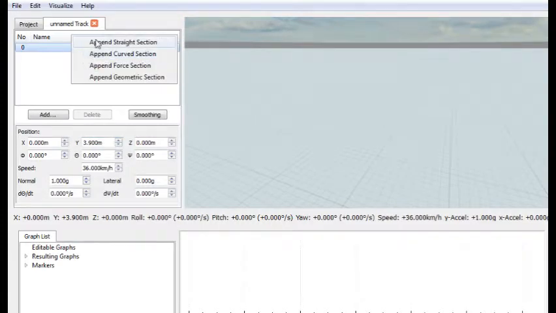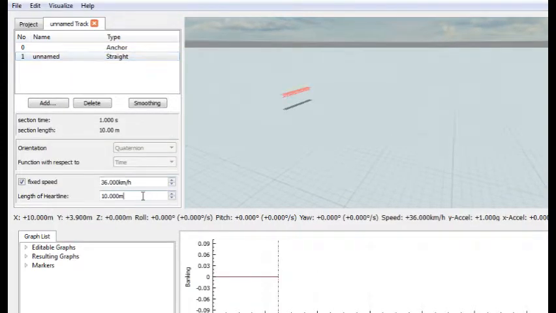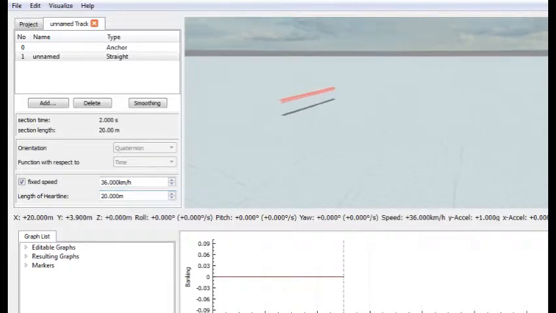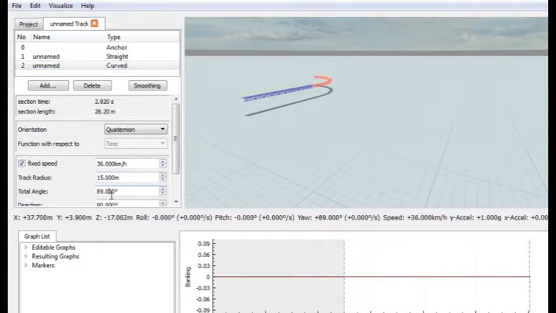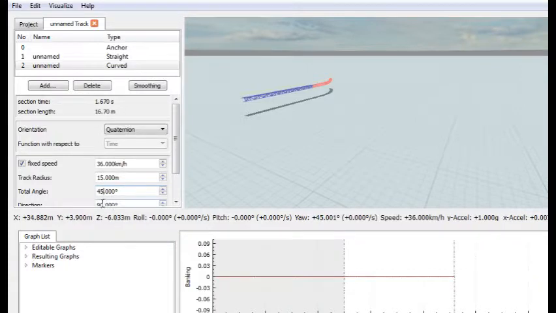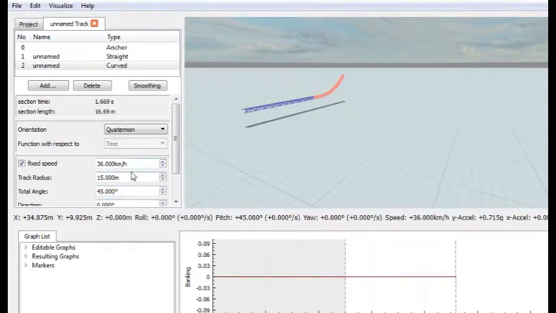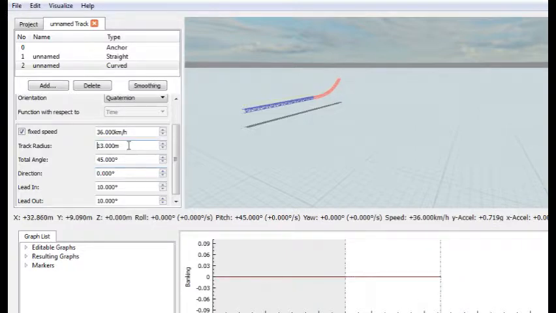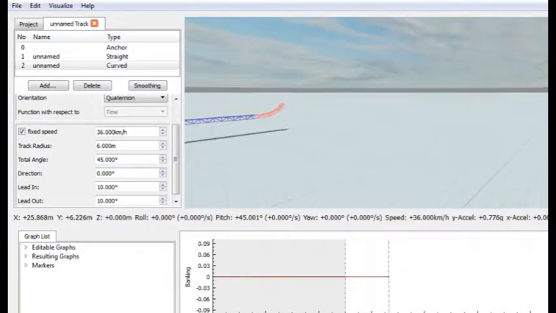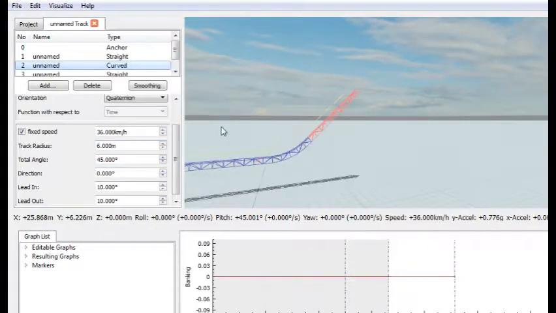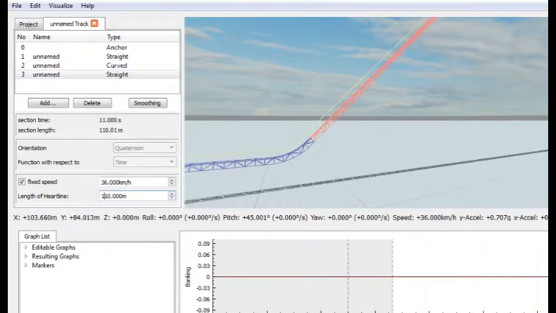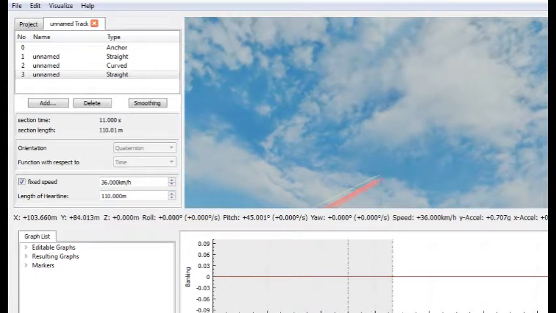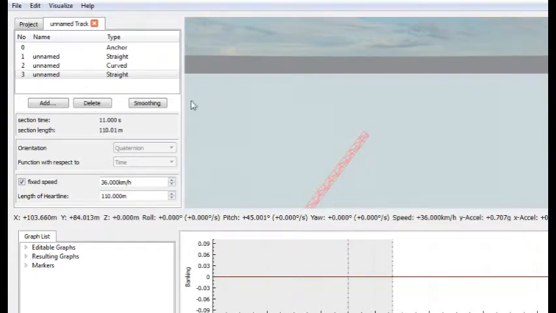Could be like, alright, add a straight section. Let's make it 20 meters. Curve. Something like that. And basically, yeah, for the first few segments, they'd be simple like this, but the really interesting part of this particular